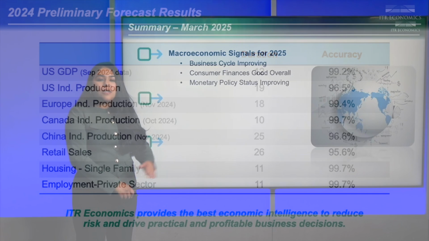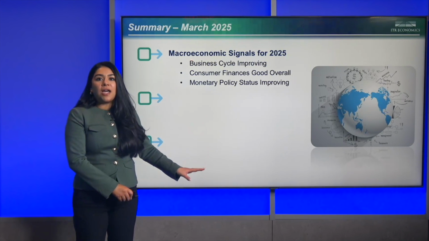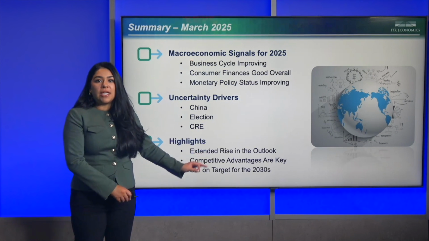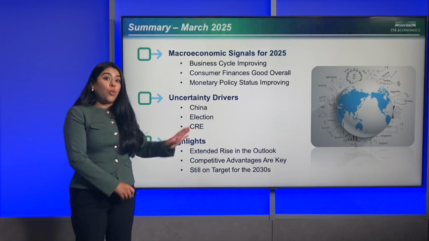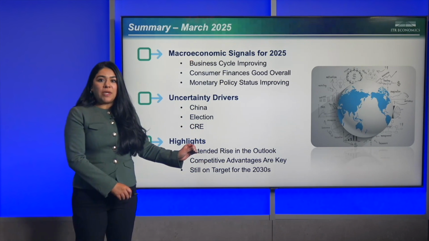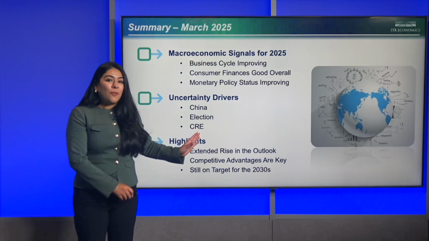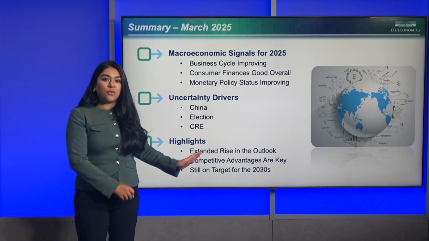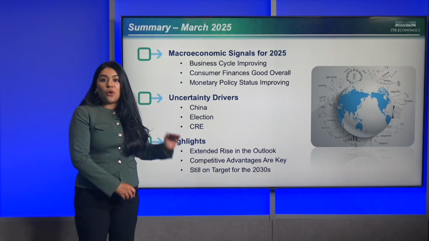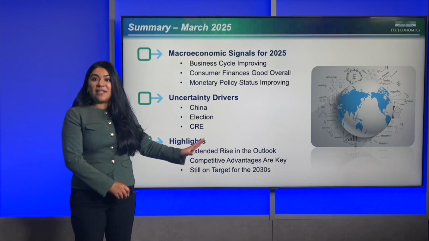Overall, what we're going to discuss are some macroeconomic signals for 2025, some very top of mind topics like what's going on globally, different business cycles, where different industries are in those cycles, and just some general highlights of the economy. So currently, where are those rises? Spoiler alert, there's a bit of a mild rise that's forecasted. Where those will be, what are some competitive advantages to take advantage of as we go into the next couple of years? So lots of very interesting topics that we plan to discuss today.